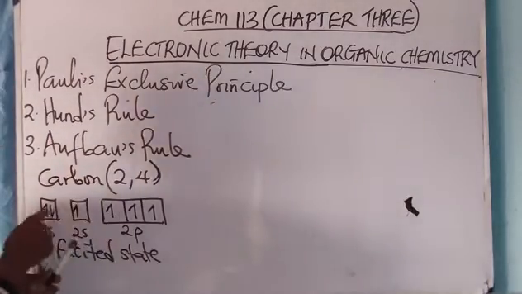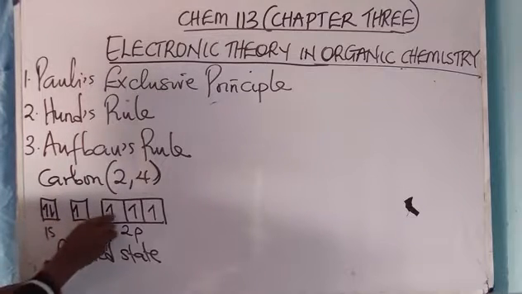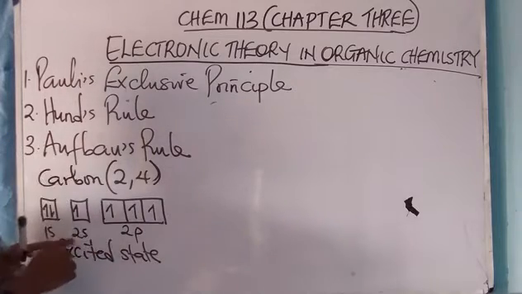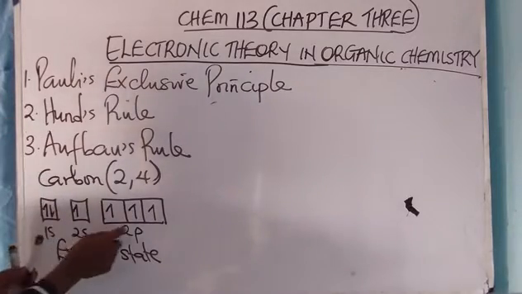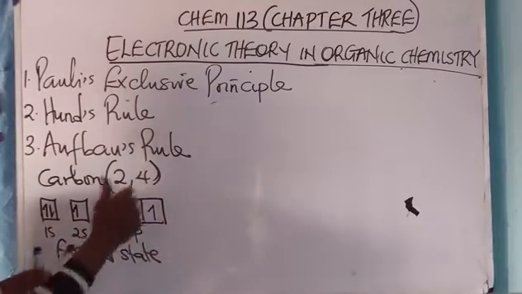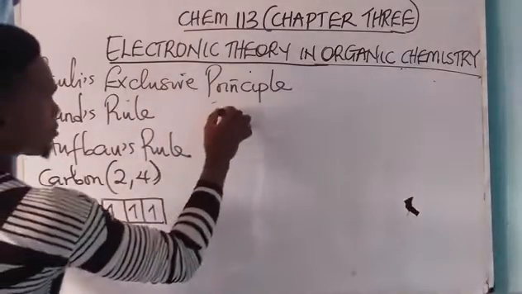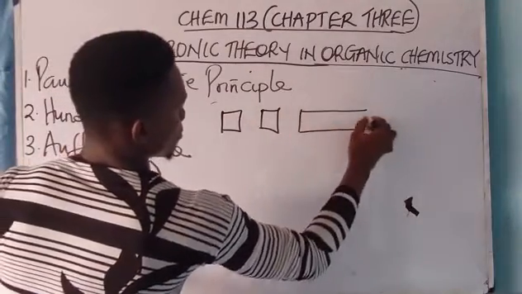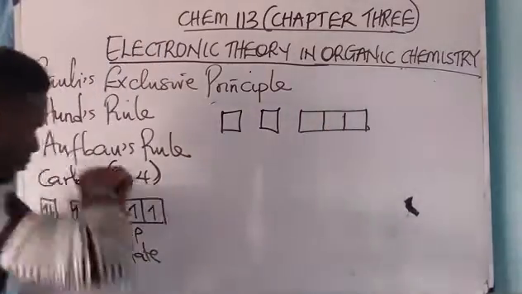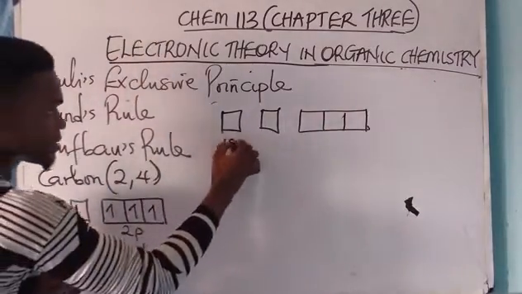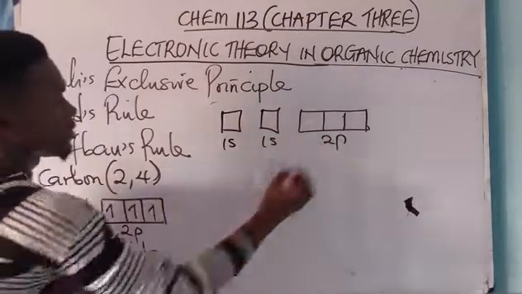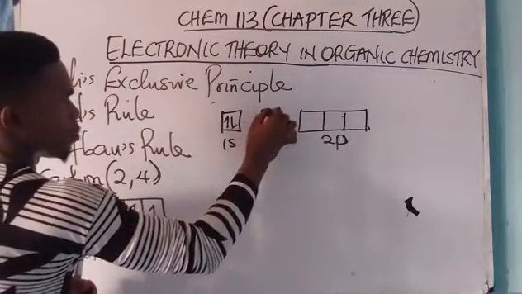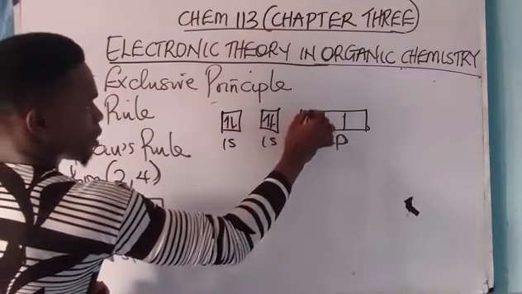Now let me use Aufbau's rule. Aufbau's rule states that in filling electrons into their orbitals, orbitals of lower energy, which are the s's, should be filled first before orbitals of what? Higher energy level. This same carbon atom, I have to enter these s's first before the p, all right, which means I'll say 1 up, the other one down, 1 up, the other one down, 1 up,